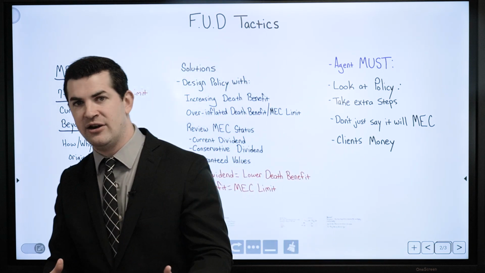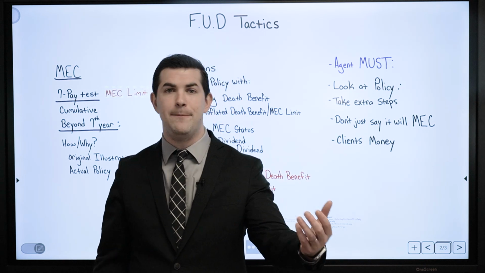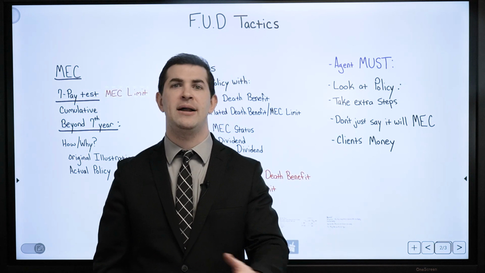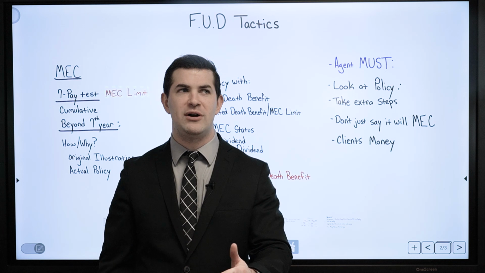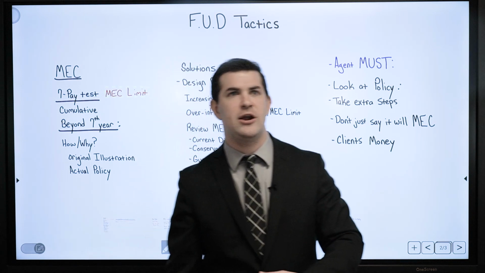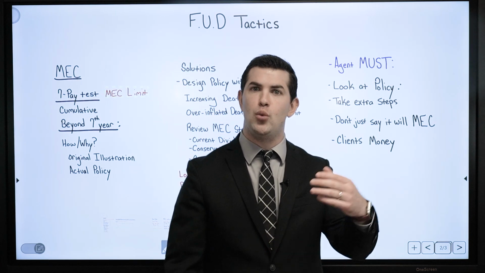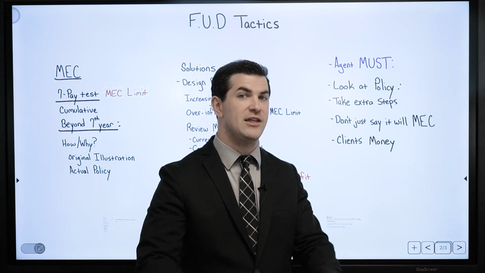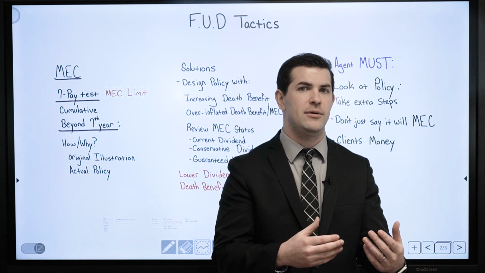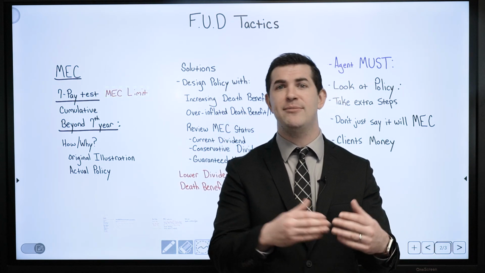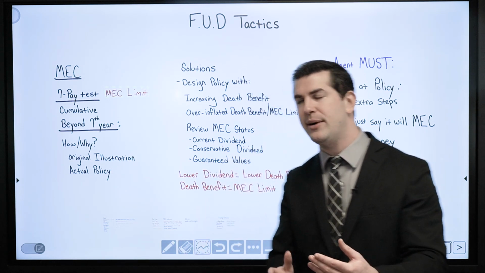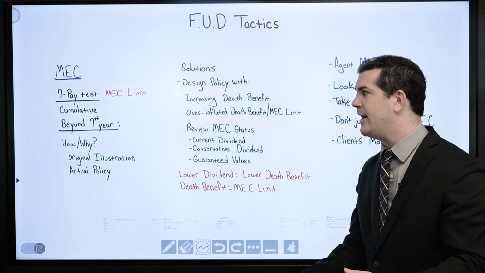So often we'll ask an individual, how much do you want the ability to pay into a policy on any given year? And if one says, hey, best case scenario, I want to be able to pay up to $100,000 per year, then we set that MEC limit at, guess what? $100,000. Sometimes more if they want to be able to pay into a policy for a long period of time.